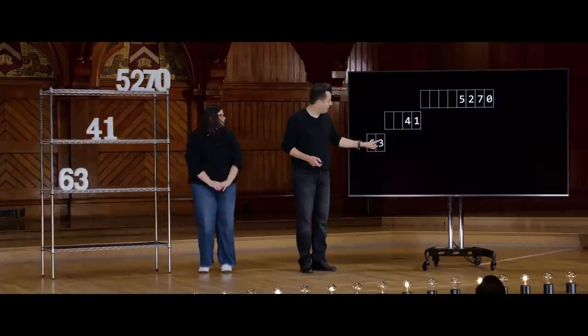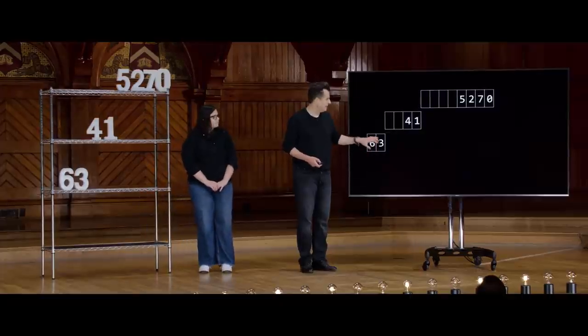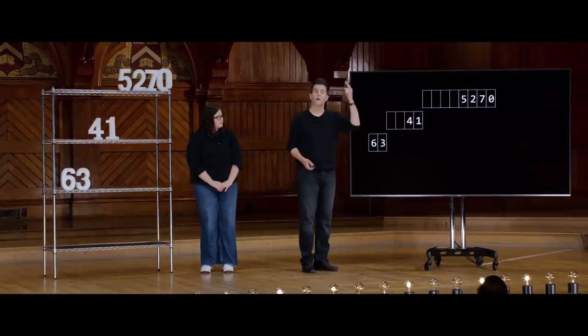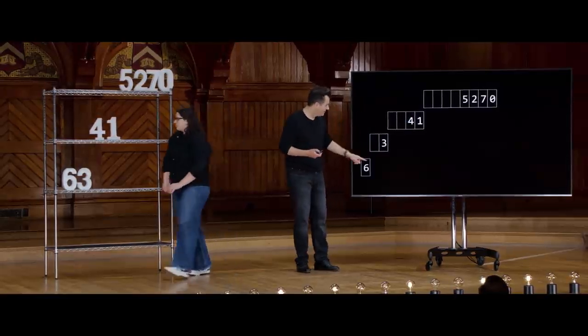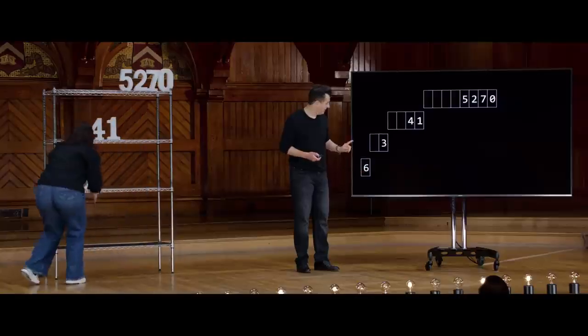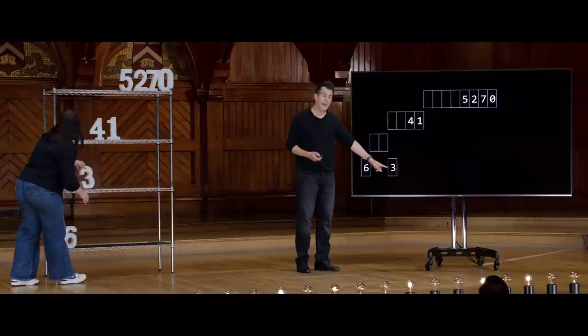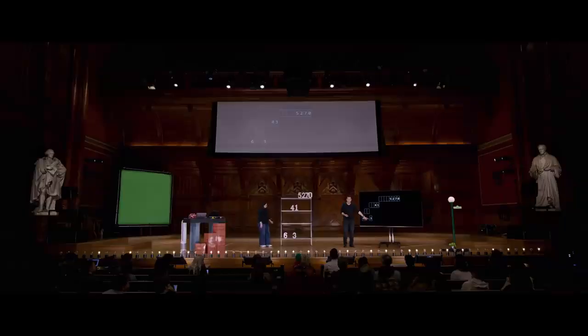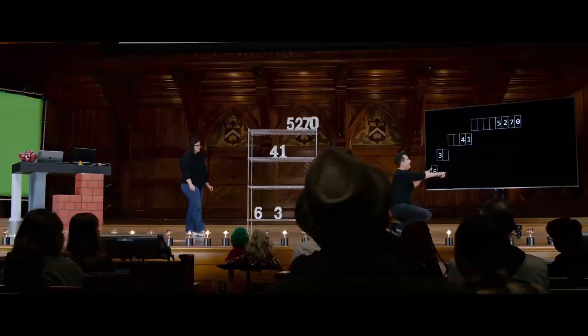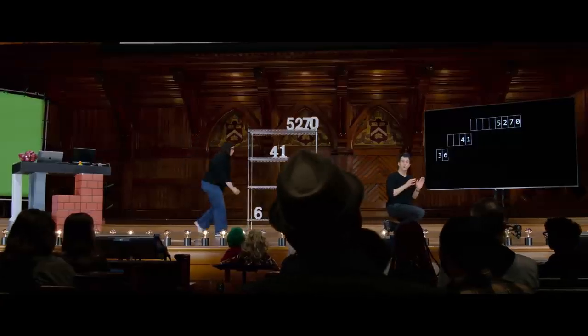And now, how do I sort this thing? Well, this is now a list of size 2. How do I sort a list of size 2? Sort the left half, sort the right half, merge the 2 halves. This is where things get kind of stupid temporarily. OK, done sorting the left half, done sorting the right half. But what's the magical third step? Merge the 2 together. How do I do that? Left-hand, right-hand trick. 6 and 3 are being compared. 3, of course, comes first, and then 6. So I have merged those 2 together.